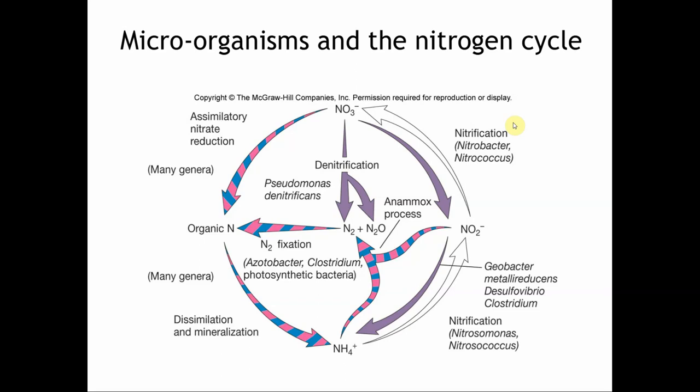Okay, just to pick up where we left off in the lecture the other day, I just want to go through this slide on the nitrogen cycle and the role of different types of microorganisms. So what we'll do is we'll start down here with ammonium and the process that is characterized by these clear white arrows here. So this is the process of